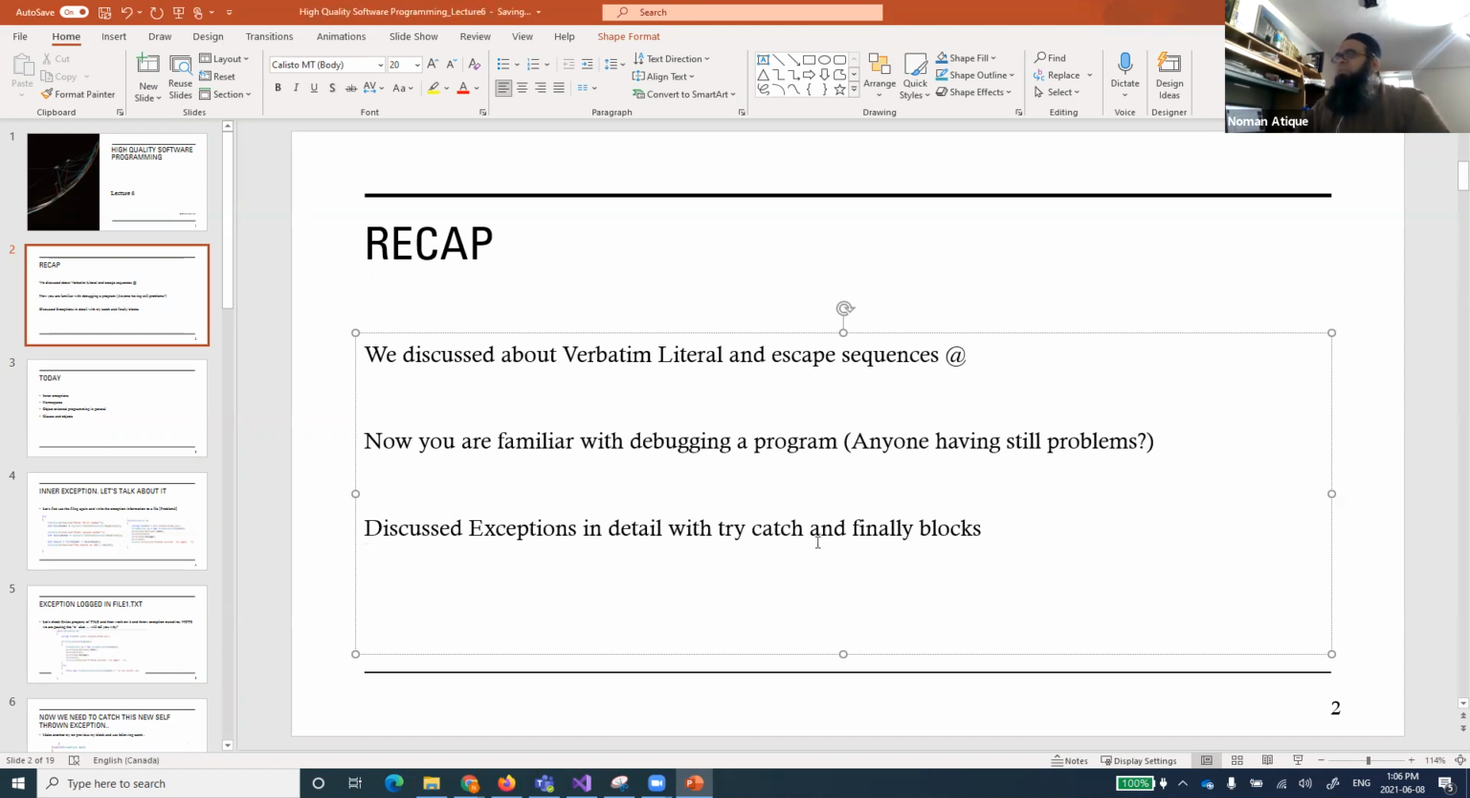We discussed exceptions in detail with try and catch and finally blocks. Now I'm expecting that you people understand what is try and catch block, what is finally block, and how we handle all the exceptions that occur. Okay, just for a review purpose, can anyone tell me what is the most important use of exceptions? Anyone from you,